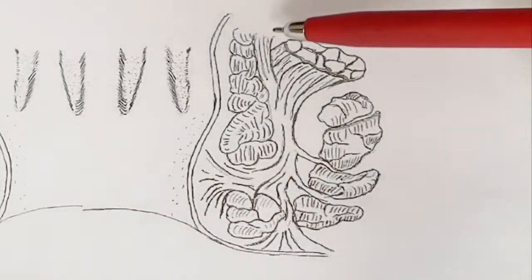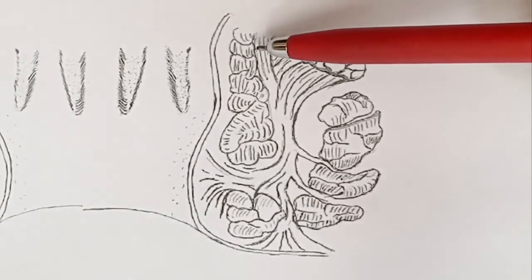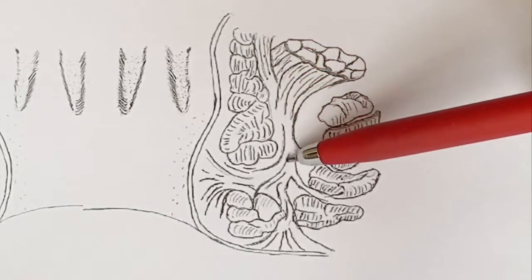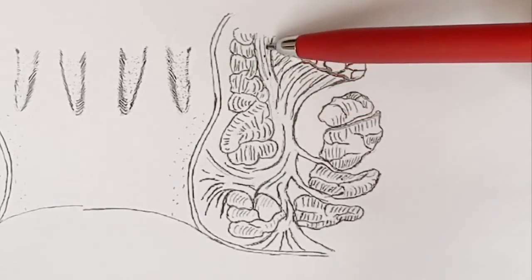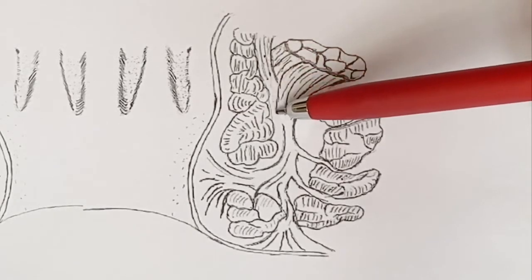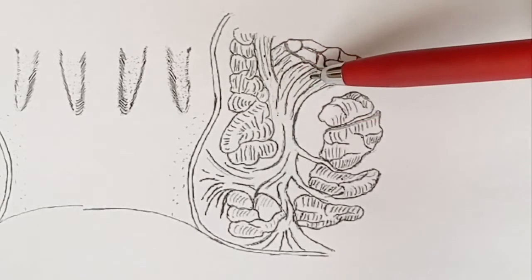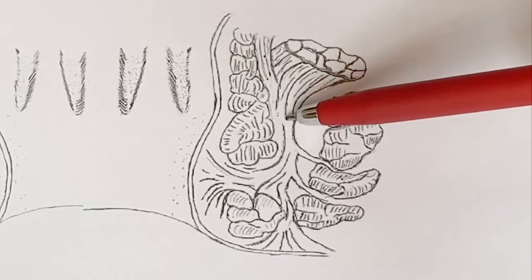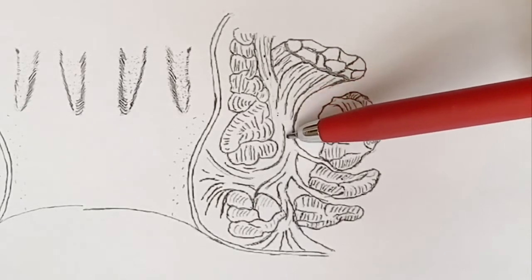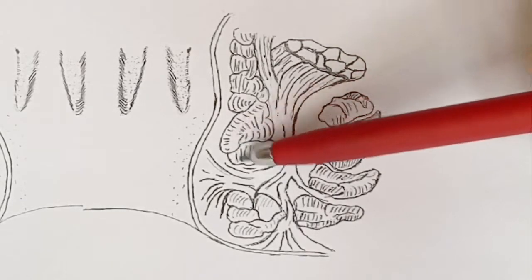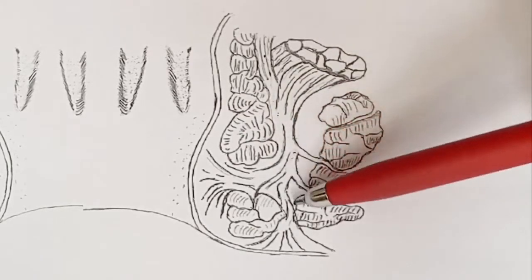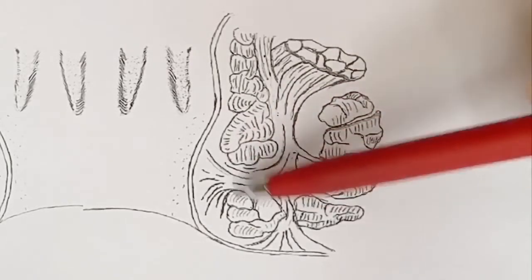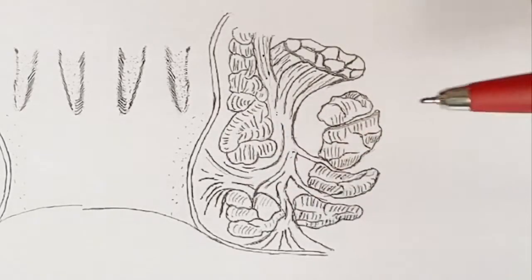We can see here some longitudinal muscle fibers run here. These longitudinal muscle fibers are non-striped. Later on, some fibers of the levator ani join together, which are striped in nature. And when this internal sphincter ends at this part, it diverges into many fan-shaped fibers.